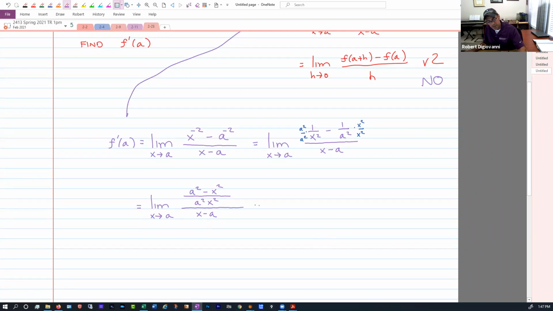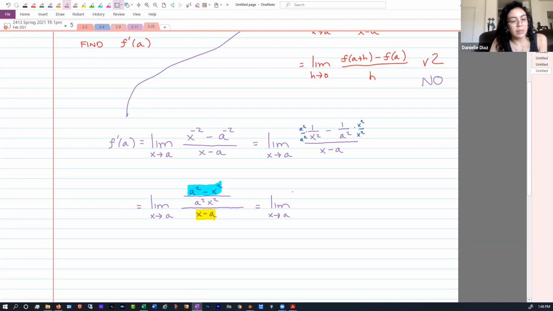So what Danielle is suggesting is that, remember, our problem is the x minus a, right? That's the problem. If we let x go to a, this becomes 0 down here. We want that to go away. We want to be able to cancel it. But Danielle is noticing that up here in blue, that's a difference of squares, right? A squared minus x squared is a difference of squares, so it can be factored. And Danielle, how does that factor? Doesn't it end up being x minus a, and then the other part x plus a or something like that? Careful,